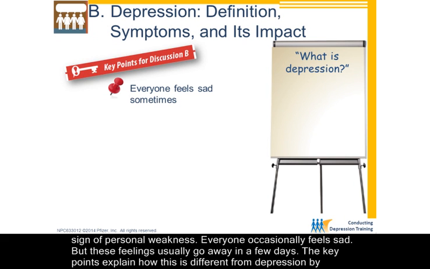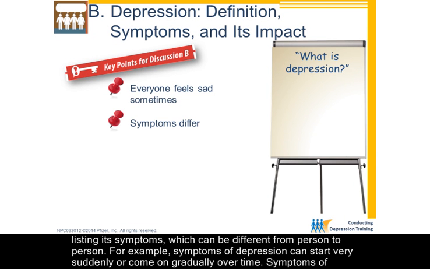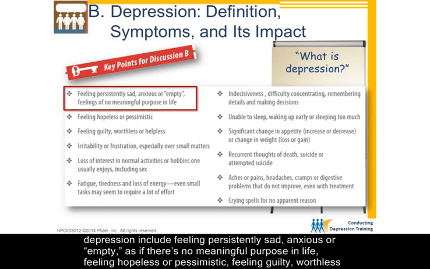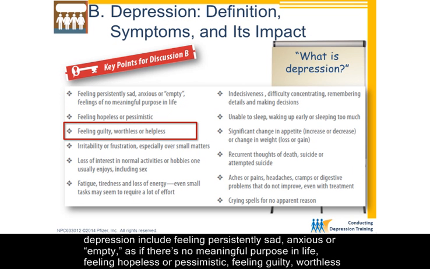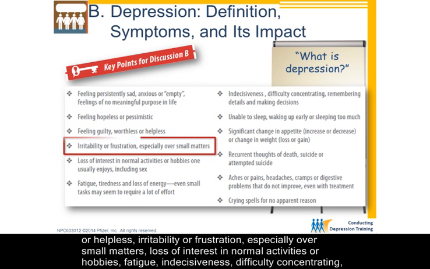The key points explain how this is different from depression by listing its symptoms, which can be different from person to person. For example, symptoms of depression can start very suddenly or come on gradually over time. Symptoms of depression include feeling persistently sad, anxious, or empty, as if there's no meaningful purpose in life, feeling hopeless or pessimistic, feeling guilty, worthless, or helpless, irritability or frustration, especially over small matters, loss of interest in normal activities